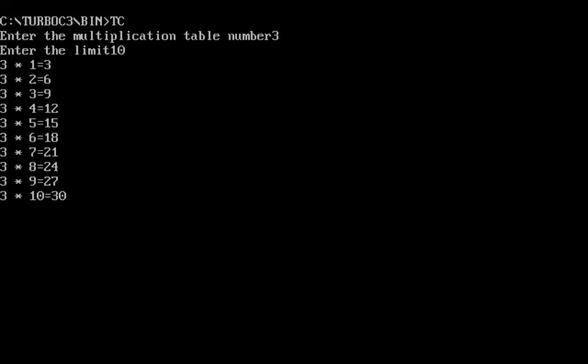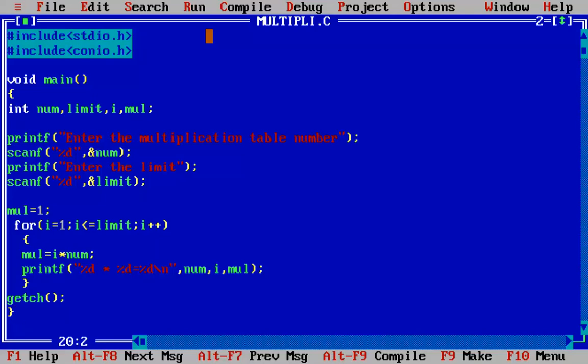It is again and again doing the multiplication operation, but what we have done is we have used a for loop for this. We have just written 2 statements and kept them inside the loop, and it is the loop which is executing these 2 statements again and again.